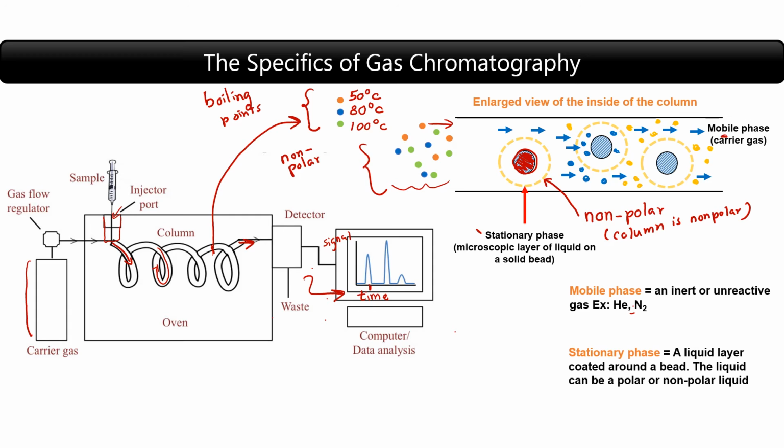Since the green molecules have the highest boiling point, they will mix with the liquid even more compared to the blue molecules, so they will get even more slowed down and they will exit the column even after the blue molecule has exited. So if we drew the graph that we're expecting